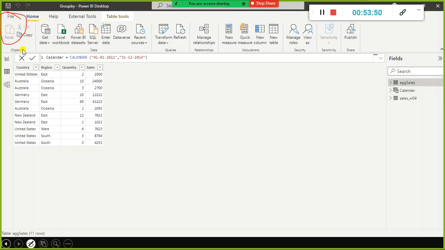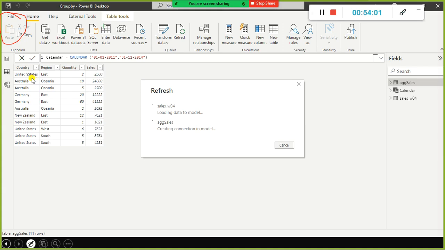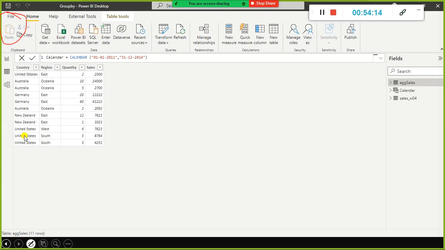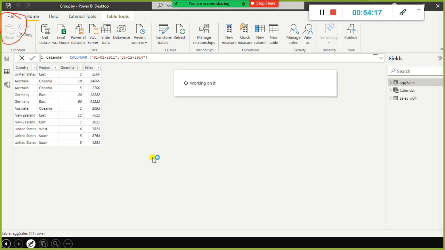Next I go to the home ribbon and click refresh because I wanted to refresh the latest data. Since I corrected this one, it will also fall under this category. So this one also will be similar to this one. Now, good, we got the fresh data. Since I clicked on refresh, the latest data got loaded here. Let's wait for some time.